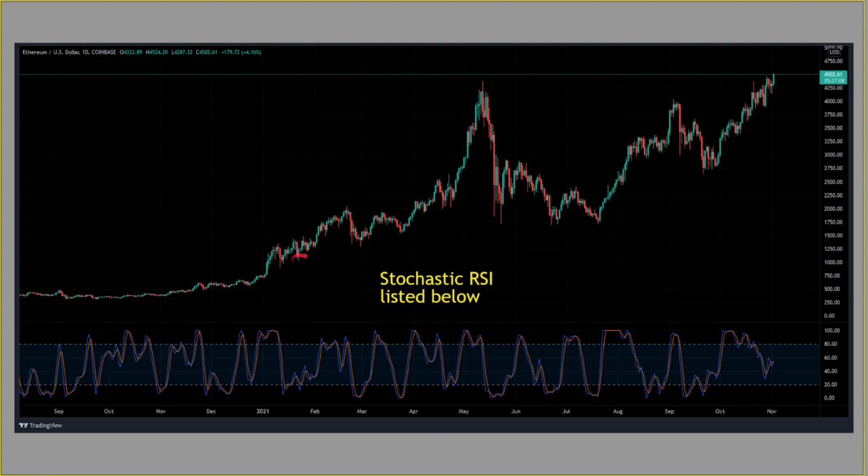We fall back down to yet another low, a higher low, and at the same time, if we go to here, we fall right back to this 20 level, and at this point we actually form a higher low on the stochastic RSI compared to the low before it, indicating that overall momentum is going upwards, right? The stochastic RSI is suggesting that now this 20 level can be considered a level of support, and